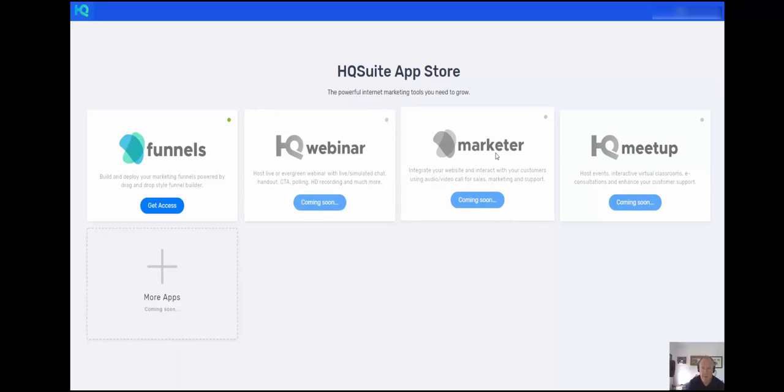We have XMarketer, which is a great program that integrates with your website, so you can interact with your customers using either audio or video calls direct from your website. And we have HQ Meetup, another great program where you can conduct classroom exercises, etc. with your clients. You can use whiteboard, chat, you can do screen share. So basically it's a system where you do not need to set up a webinar. You can simply send your client a link and they will meet you in a private room and you can